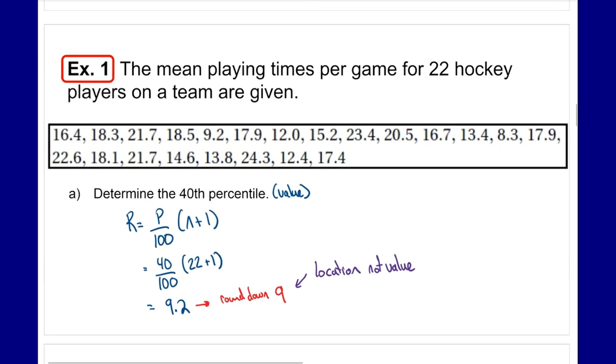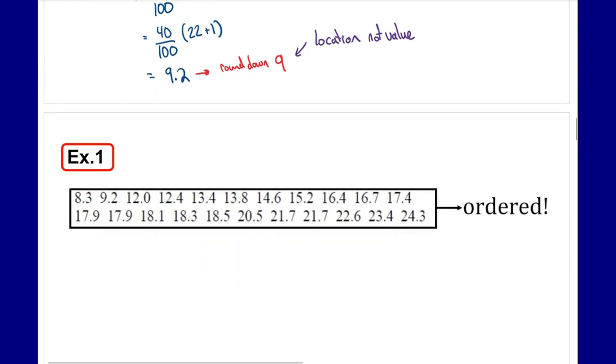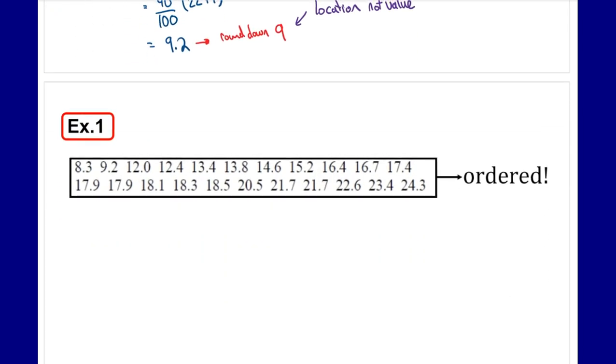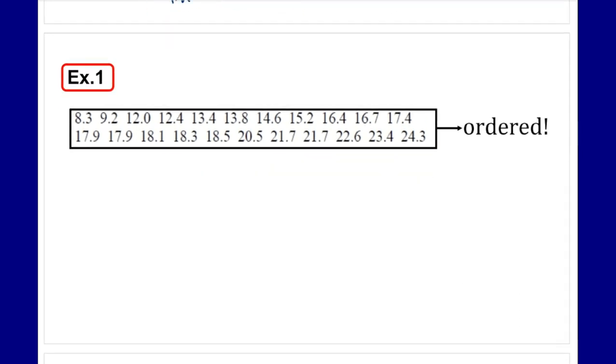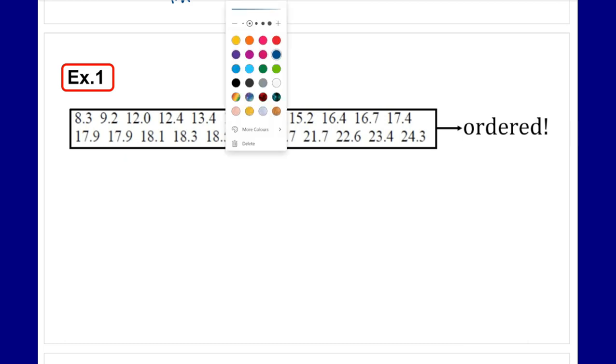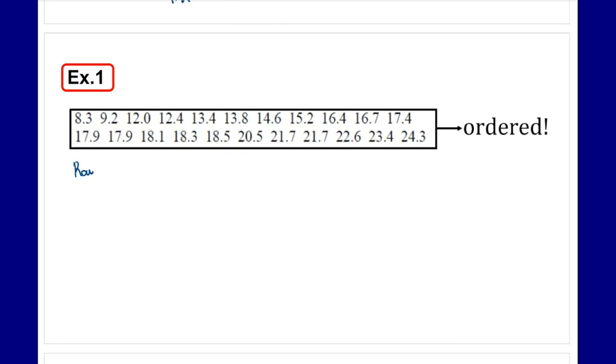Right? What we need to do though first, similar to when we're looking for the median or something like that, we need to order our data. We need to order the data, otherwise the rank of the position doesn't really matter, right? Because it could be anything. So when we're looking for the rank or the position, we need to order our data. So in this case, if we go through, we look for the 9th position, because we rounded down